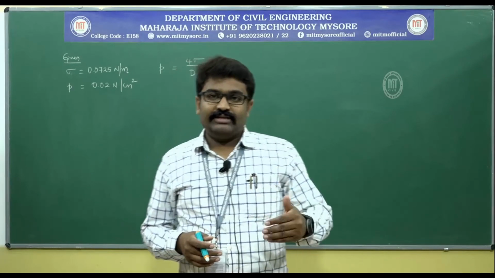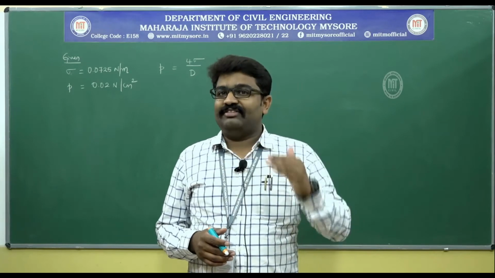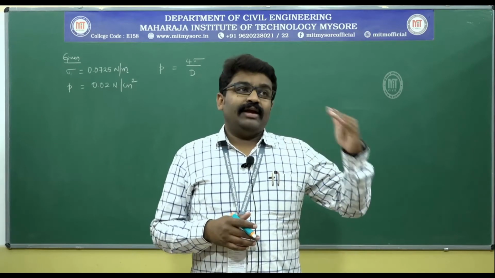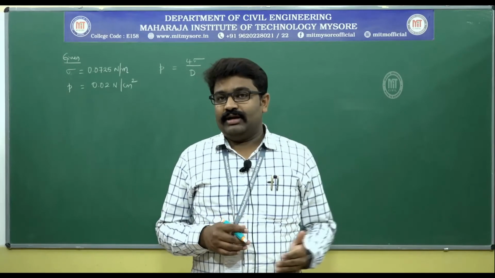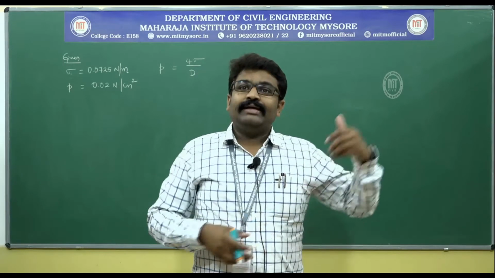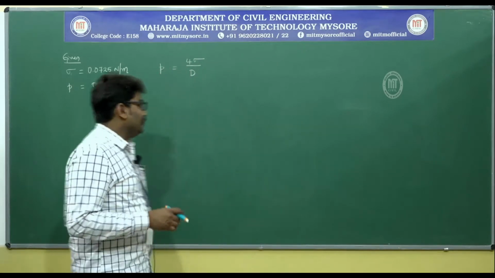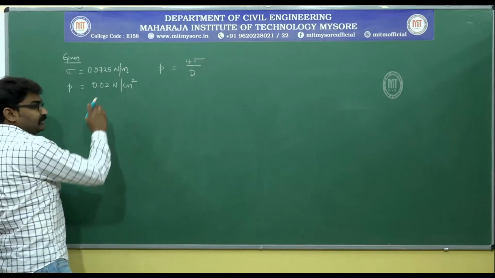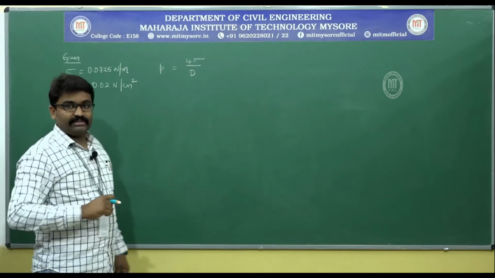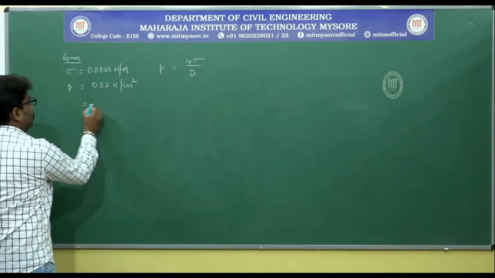You will learn in the next chapter that atmospheric pressure is taken as 0 or reference for measuring all other pressures, and hence whatever pressure you have inside the droplet is in excess of the atmospheric pressure or the outside pressure. So it is given to be 0.02 Newton per centimeter square, which is not in SI units. So you will have to convert that into SI.